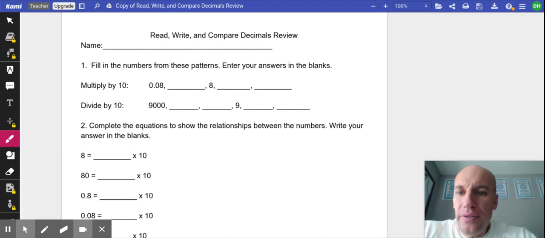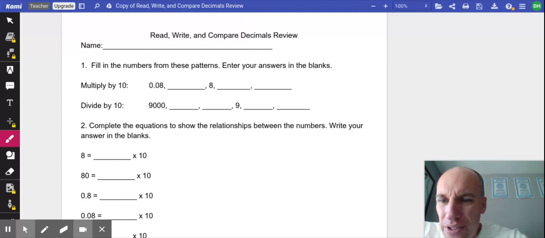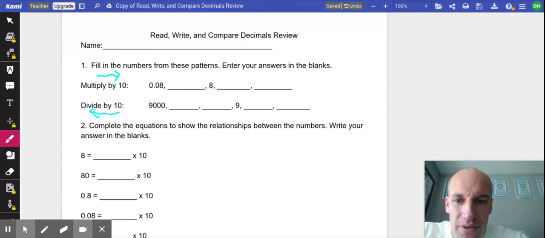So I'm going to go over the review for read, write, and compare decimals. So the first one, it says multiply by 10. So when we multiply, we're going to move the decimal to the right. When we divide, we're going to move the decimal to the left. So the first one, we start out with